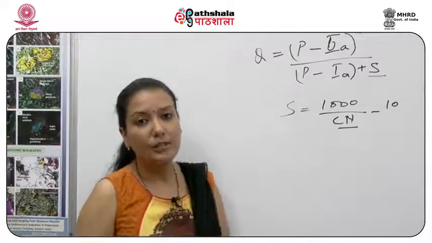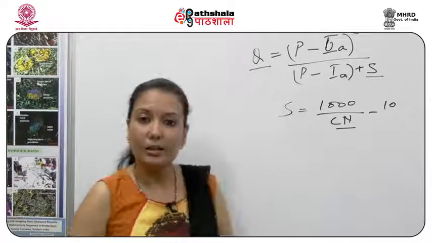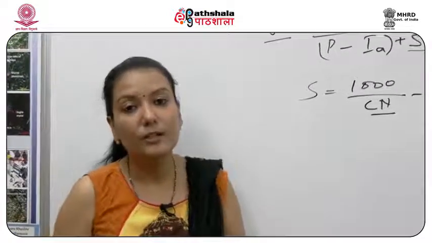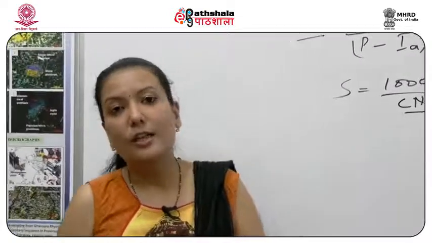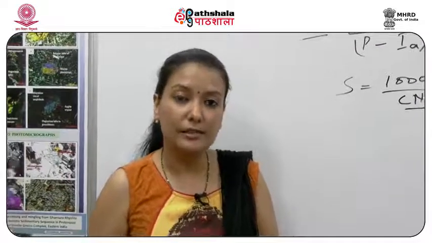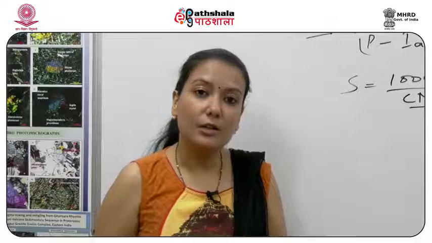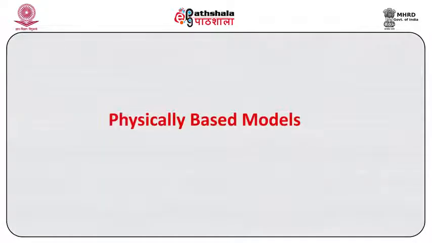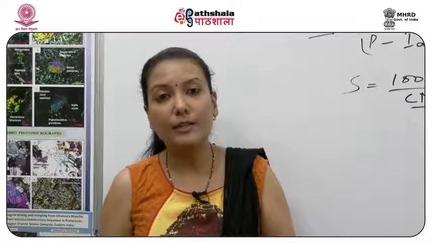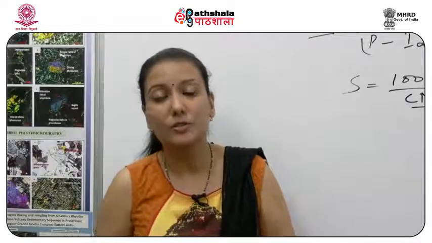So once you have all these values, you can easily predict runoff at each of the raster cells in your regional model. So this was one of the methods to predict the runoff. Another method where hydrological modeling can be done using GIS is, these days physically based models are also integrated in GIS. What do I imply by physically based models? Physically based models imply we are using physical equations to develop a relationship between the water present on the surface and the water in the unsaturated zone.